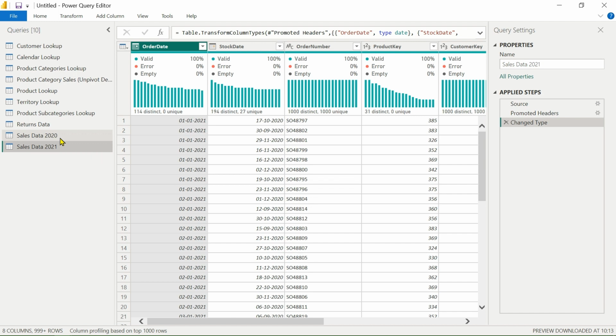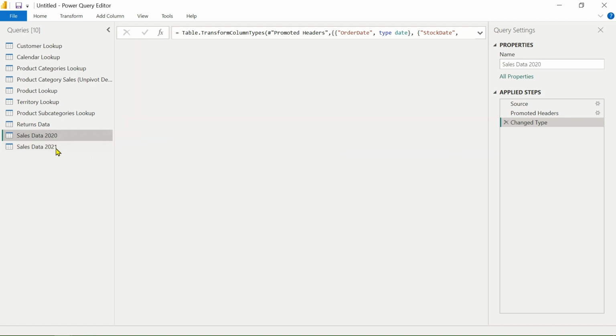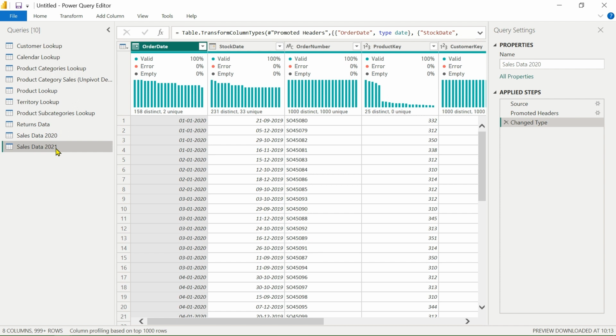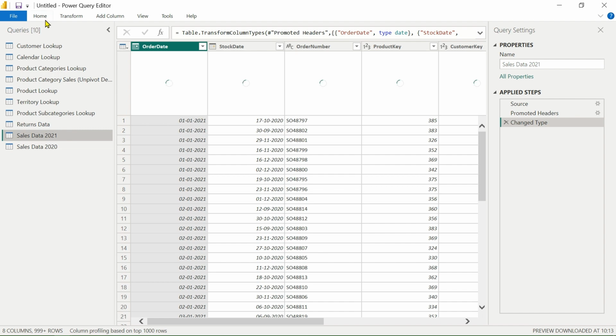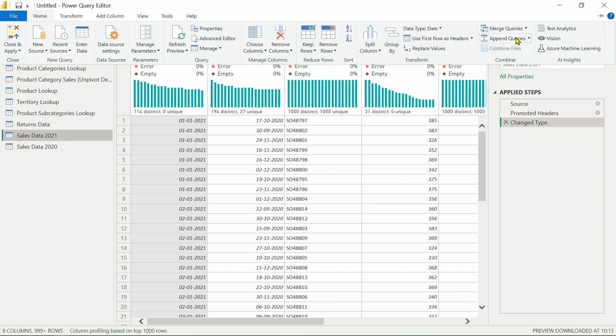Instead of doing this manually, we will perform the operations with some automation. For demonstration purposes, I showed you in my previous video.